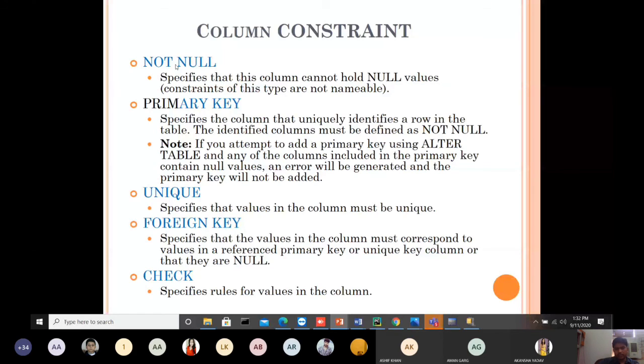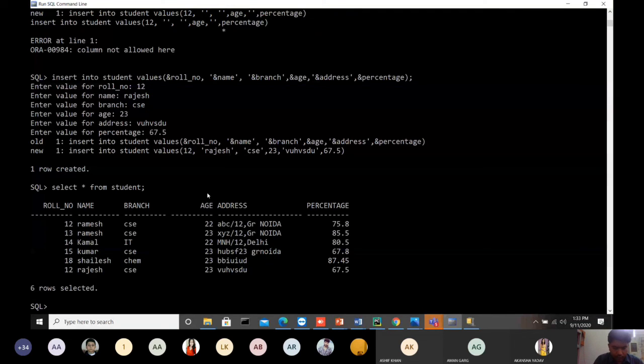How to specify these? We are just providing an example here. Suppose we are creating a table. Create table, the name of the table is EMP2. EMP1 is already existing, that's why I am taking the name EMP2.